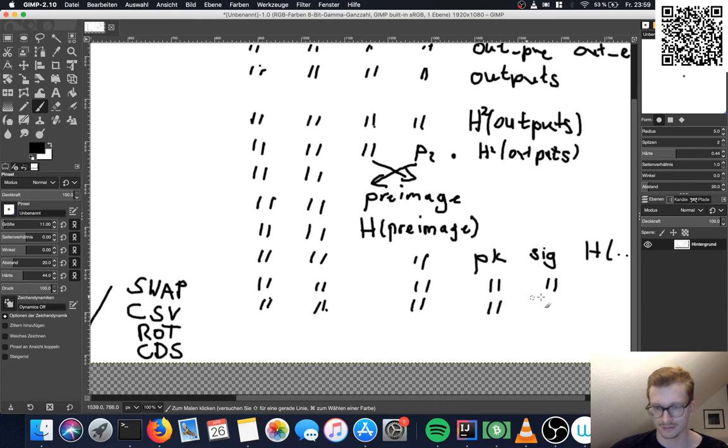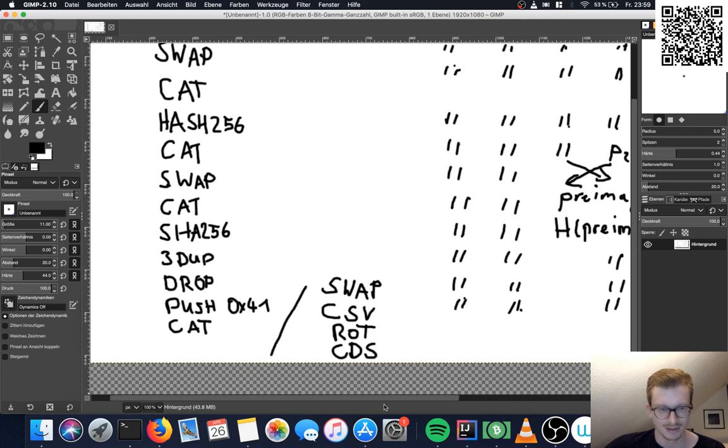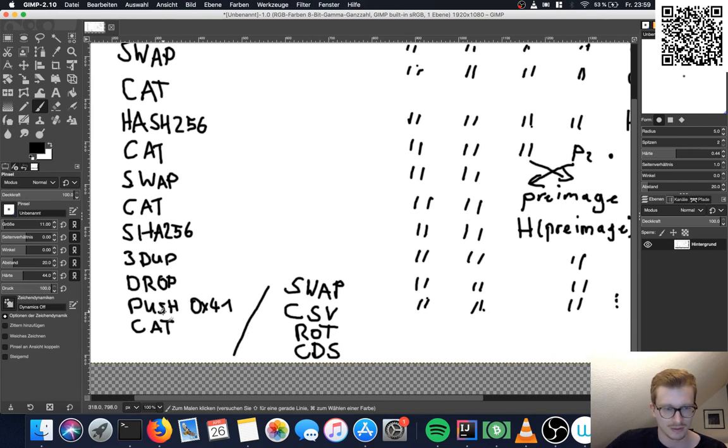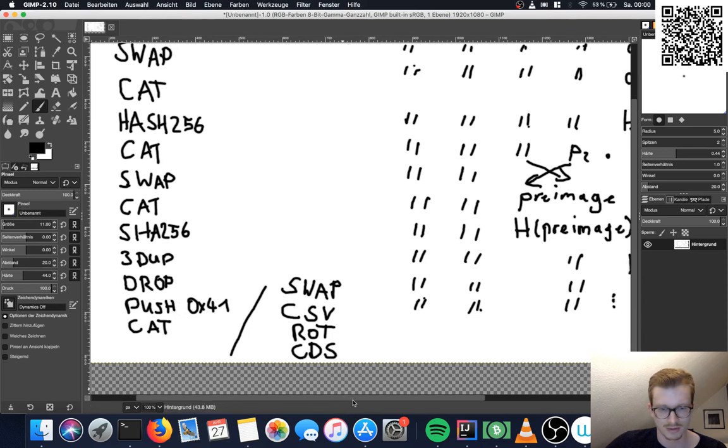This swaps stuff around, but essentially concats the signature with 41 in hexadecimal. So these two operations.